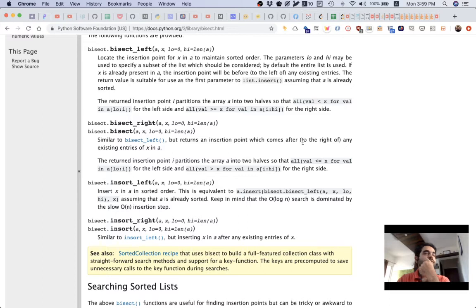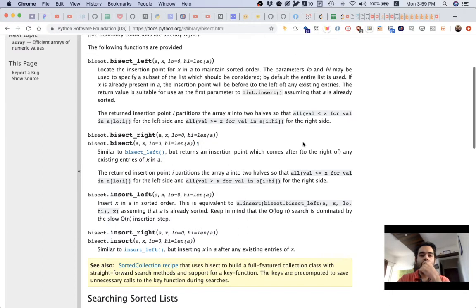Do you want to do afterwards or do you want to do before? And this will do that to maintain sorted order. So if you use bisect, the thing is it can give us something like,